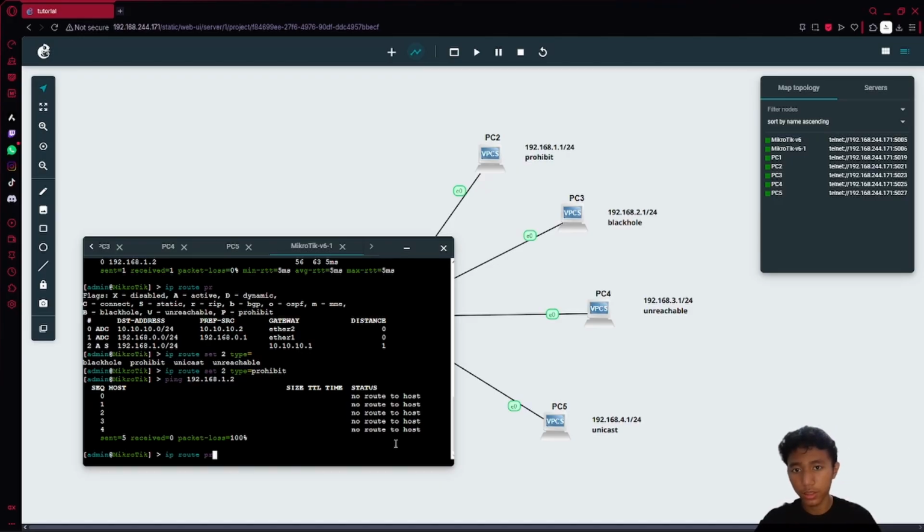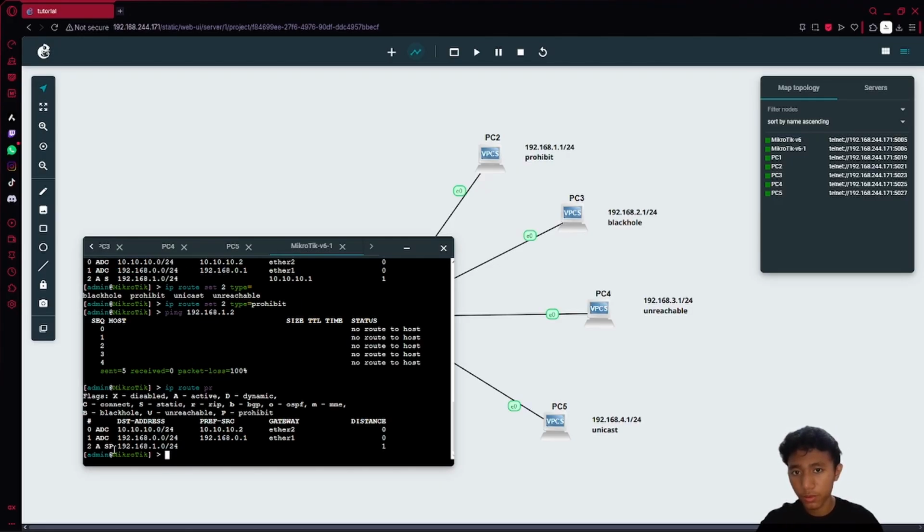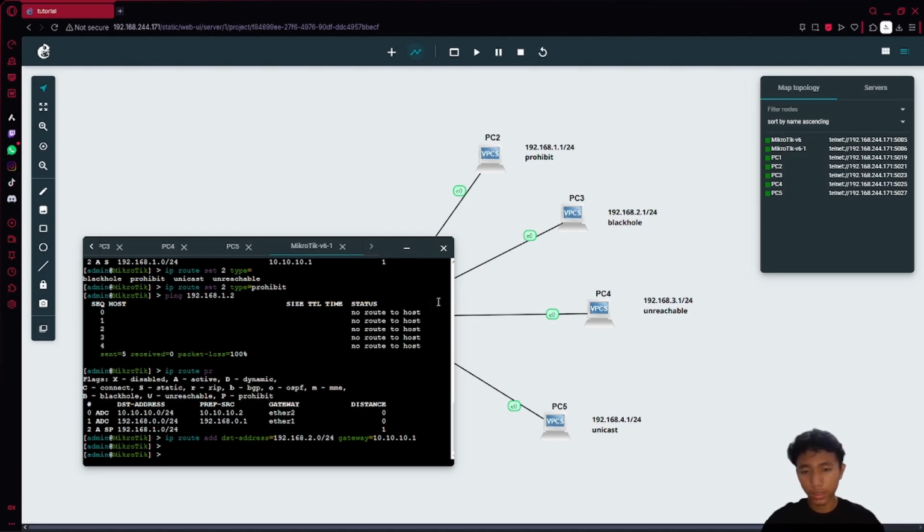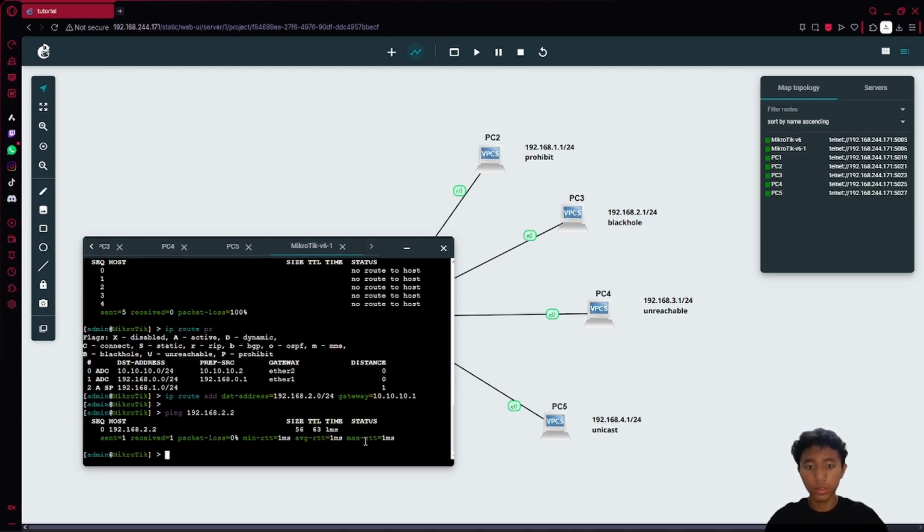If you check the table, it will be prohibit. Next, if you want to add a route again to destination 2, after you configure this IP route, if you ping again to the PC, it should be connected.